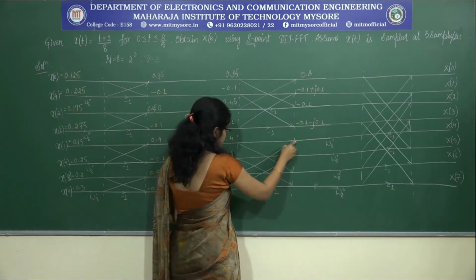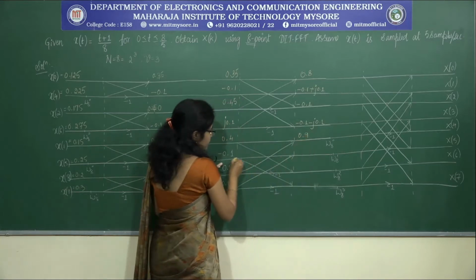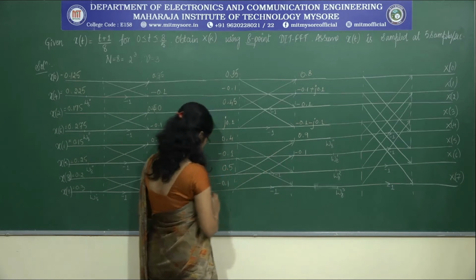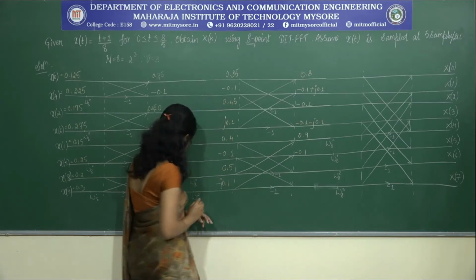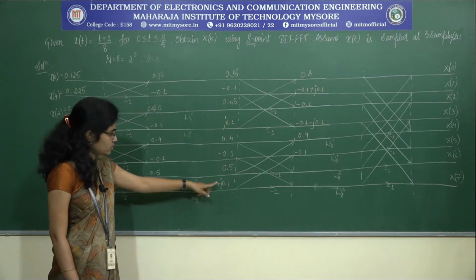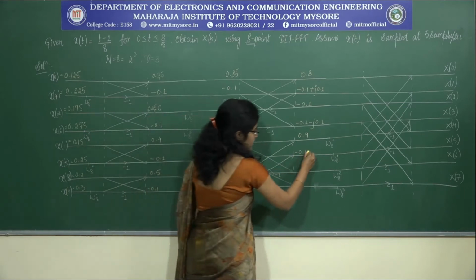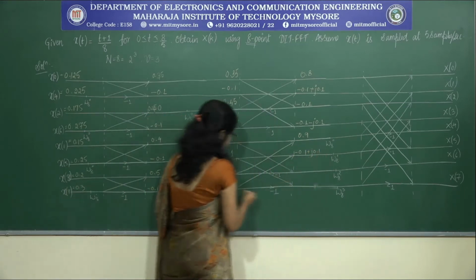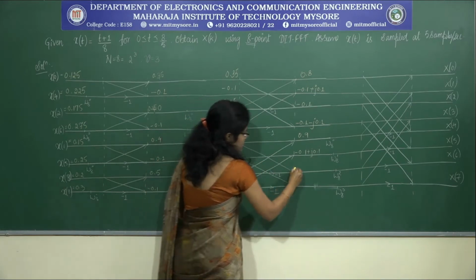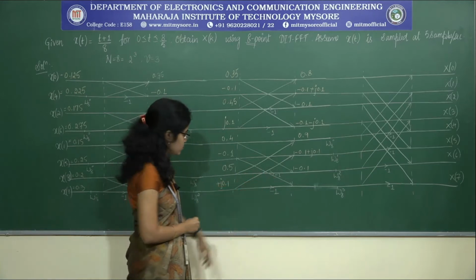Similarly, here the signal is 0.4, here the signal is 0.5, it gives us 0.9. Here the signal is minus 0.1 and from this branch the signal, this has to be j. Here the value is minus 0.1 and this is minus j, that gives us plus j 0.1. So this signal is coming here, it becomes plus j 0.1. Finally, here the signal is 0.4 and here the signal is 0.5. So it gives us minus 0.1. Why? 0.5 is multiplied with minus 1.